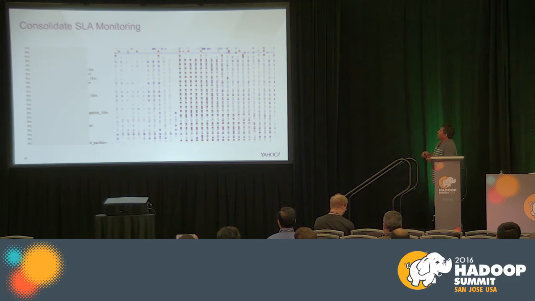They have also built a very nice consolidated SLA monitoring dashboard. Here, red indicates that they are missing SLA, blue indicates that it's a long running job, and white indicates that they are meeting SLA. This is useful because if you see a lot of red dots, that sometimes indicates that everything is fine with the jobs, but something is wrong with the cluster. The cluster is running slow, and we can interpret it in many ways.